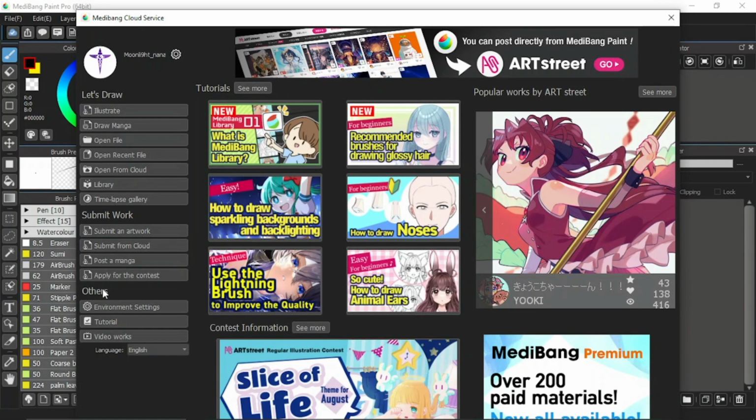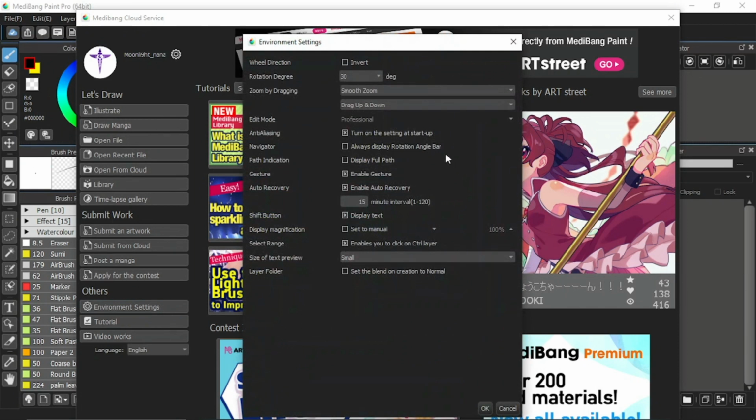Finally, we have the others category. Under it, we have the environment settings. Clicking on this will open the window to change the settings of Medibang Paint Pro to your liking. There are lots of items you can choose to change, and since there are lots, I won't be explaining them one by one. So let's just keep it this way as the default. But if you do change something, then you click on the OK button to activate the changes, and if not,